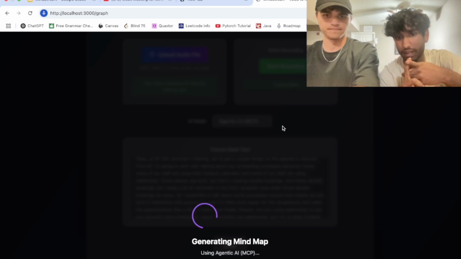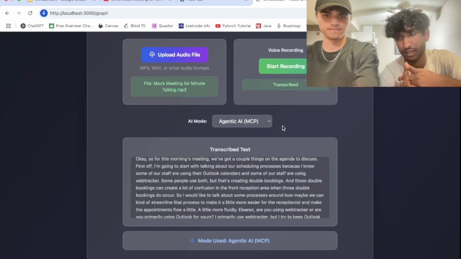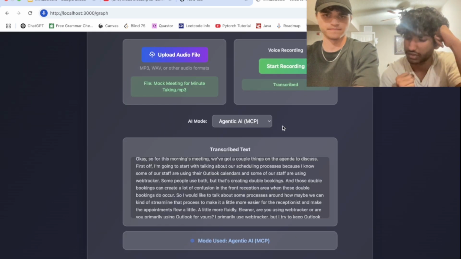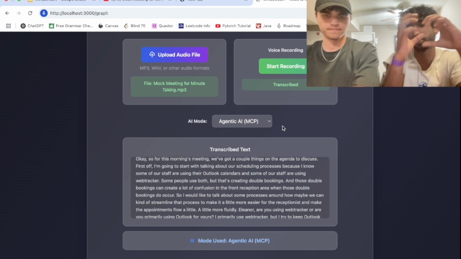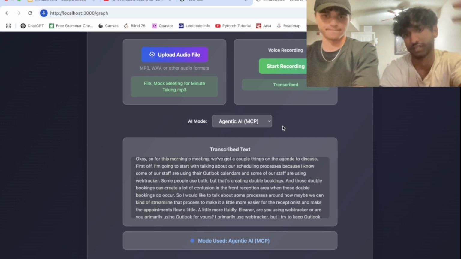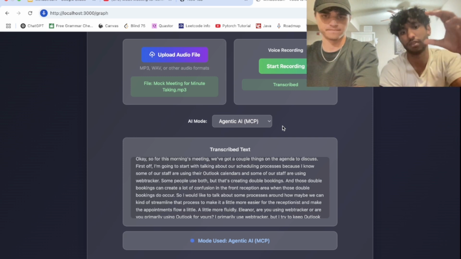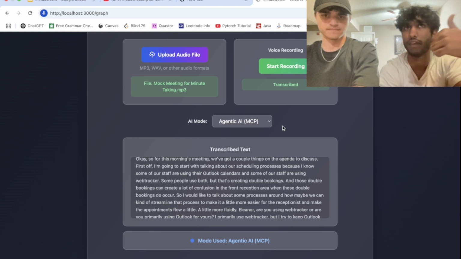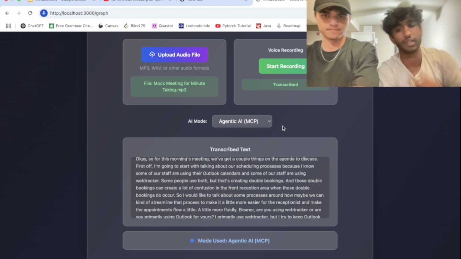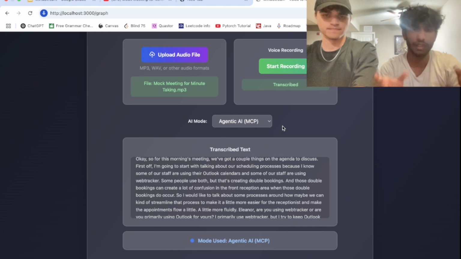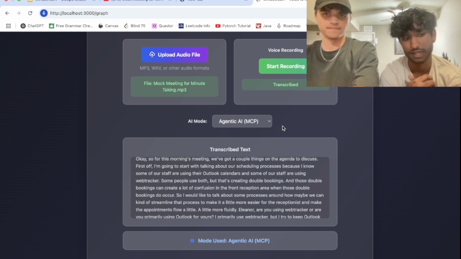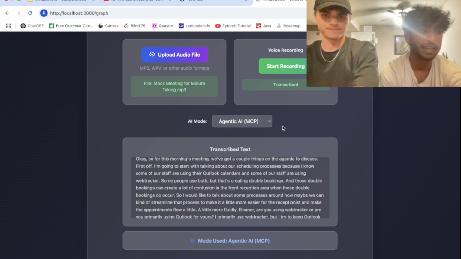It has extract text. Actually, first, it chunks the transcript into various different pieces, so we can chunk each one and process them chronologically, of course. And we have the extract text tool, which extracts the text chronologically. And then we have the merge nodes tool, which allows them to build the nodes separately. When it finds the relationship throughout its reasoning process, it can establish that parent-child relationship. And then it has set memory and get memory. Both of these allow the LLM to see what the mind map looks like currently.